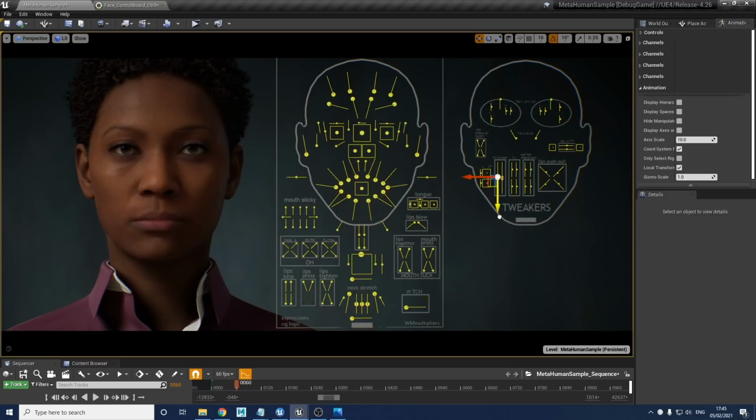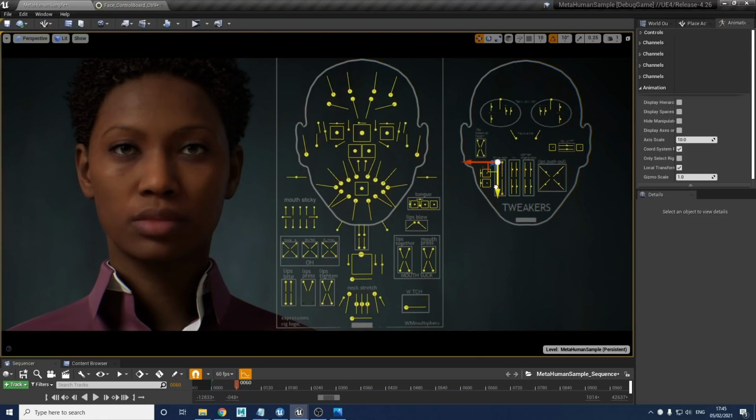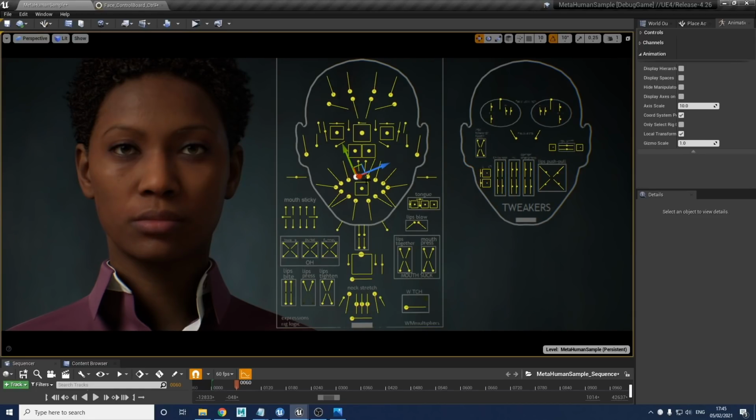So it's going to move the lips towards or back against the teeth. When you move them together, it's like flattening them against the teeth, really reducing the amount of volume in the lips. And vice versa, if you do the other way, it's going to increase the volume of the lips, push them out, really thicken them up. This is a non-destructive control, so it doesn't change lip heights or anything.